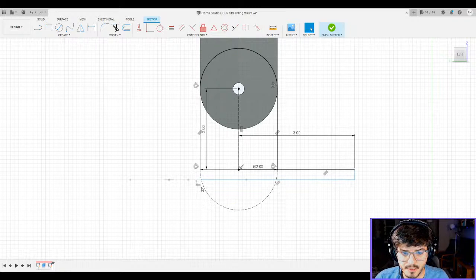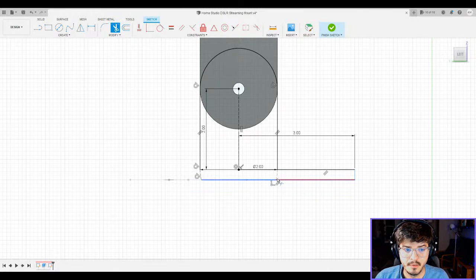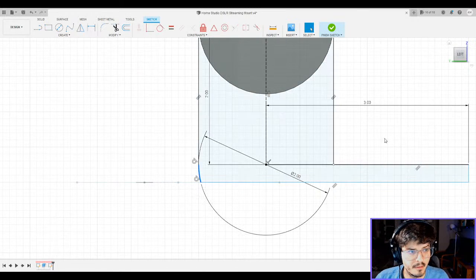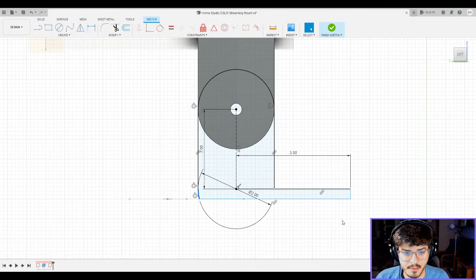They are legitimate lines. I'm going to trim this off. There we go. And I'm going to trim that off too. Oh, got it. And this I'm going to not make that. All right, so that closes it off. Good.